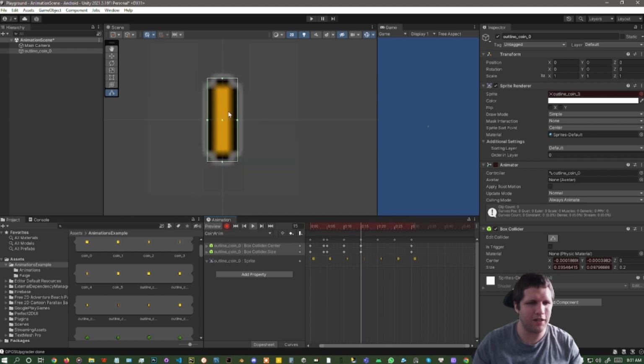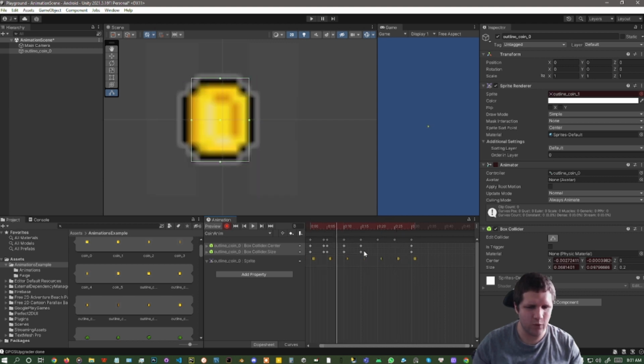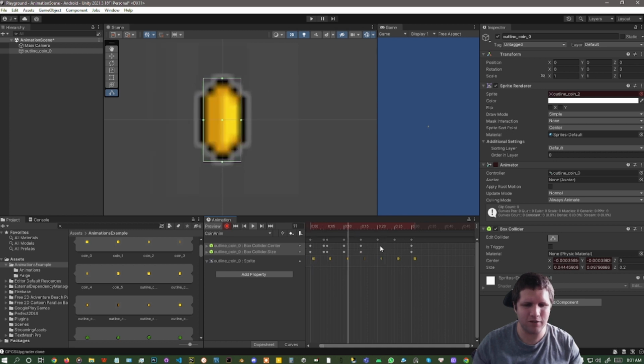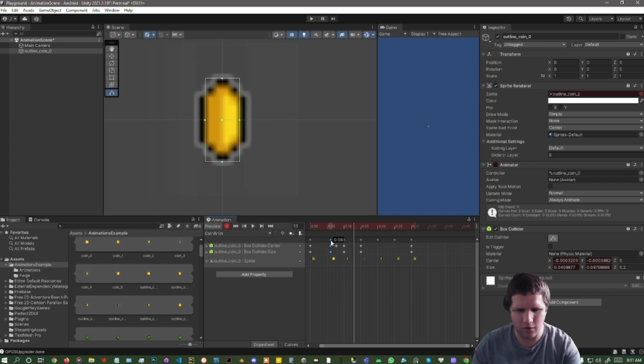Now if we play it again, you can see the box collider moving. So you can set it this way if you want everything pixel perfect, or you can just do it like I did here, where you set the first one and the smallest one and the largest one, and it will be fairly okay. We can also see that if I go here and I delete,